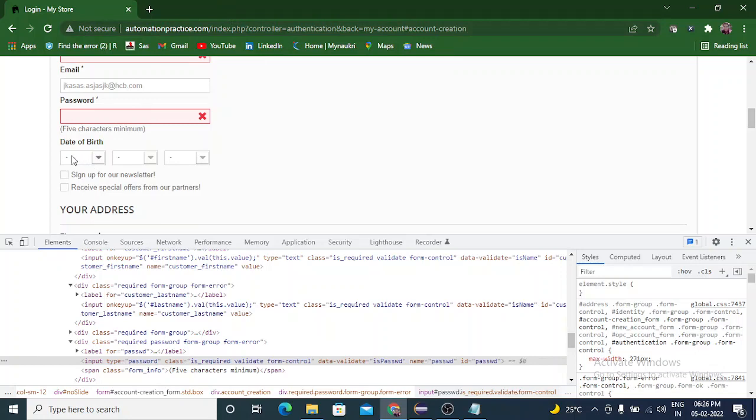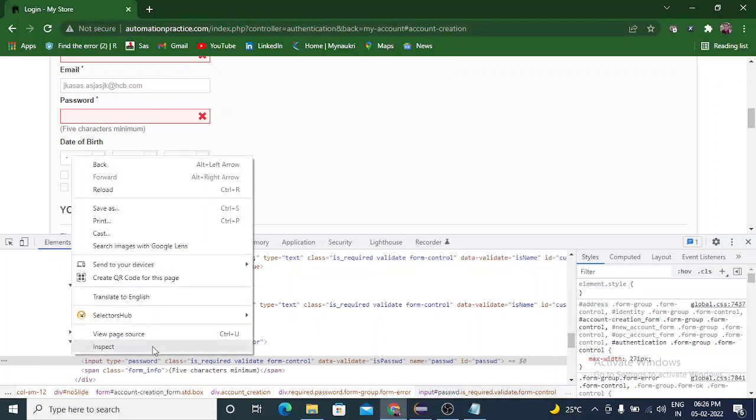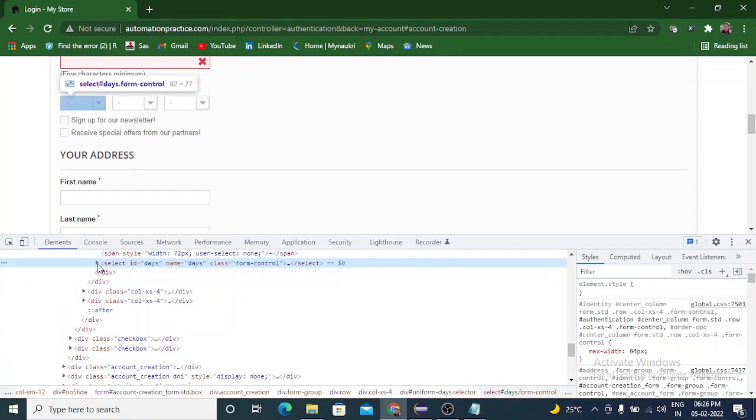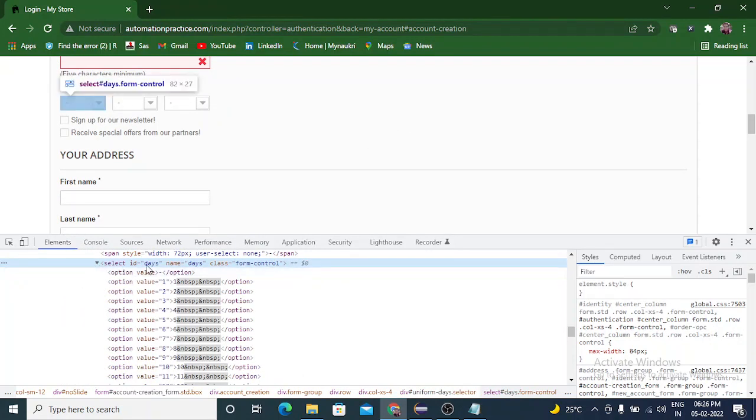Just right click on this one, go to inspect. This is the select type, and there are some options available. This is the normal drop down that is being used by this site. So we need to automate this one.